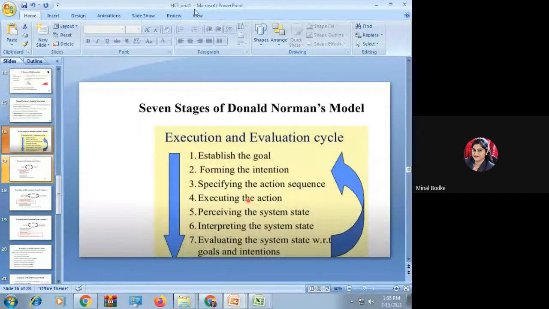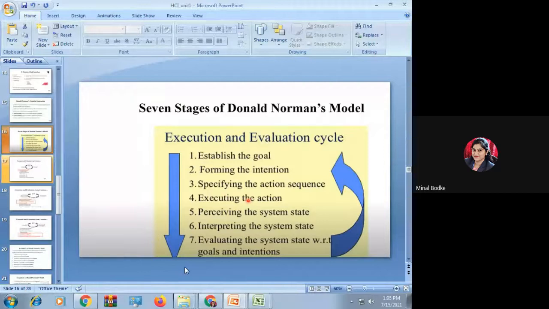Now see, in Norman's model you basically have seven steps. These seven steps you are going to apply for each and every activity which you are going to do. You are going to apply Norman's model for the user interface which you are going to develop for your practicals as well as for your theory, and you have to write it. In the same way as we did for the SDLC life cycle, you have to apply Norman's model for the GUI, or the software which you are going to develop.